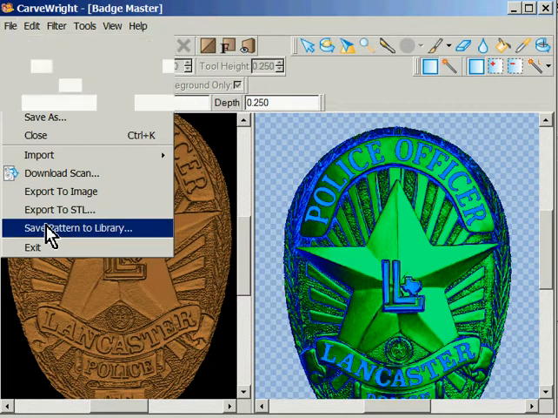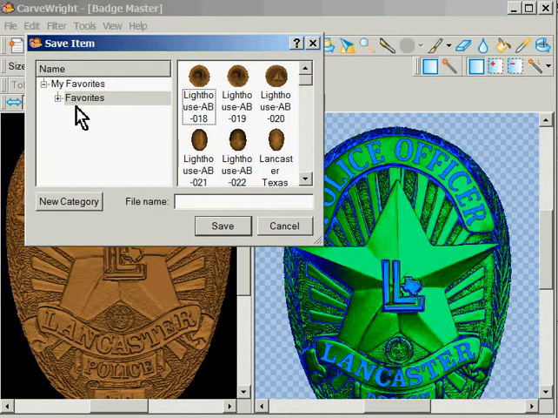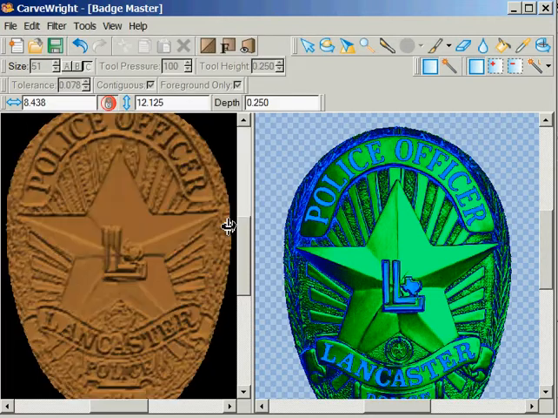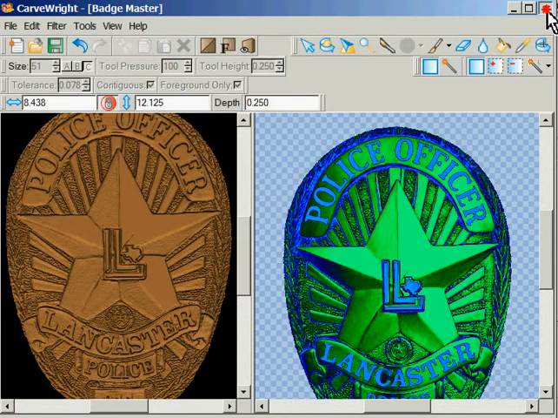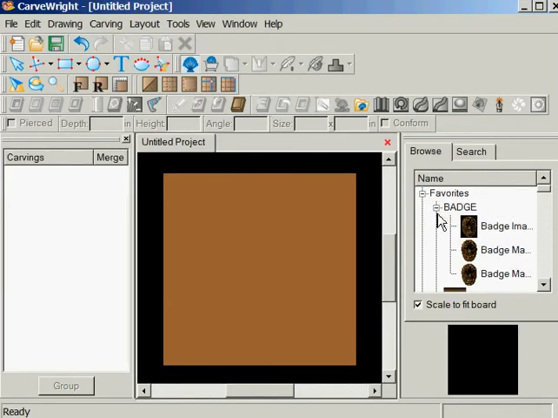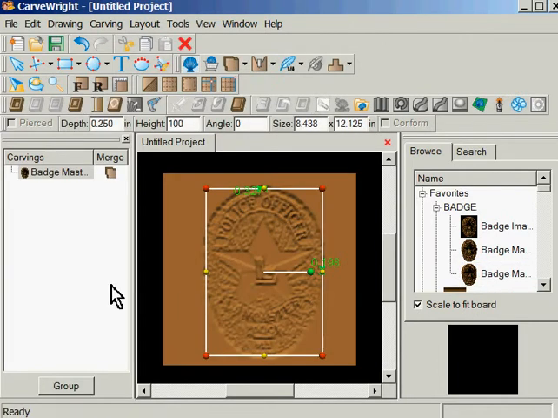Let's see. File, Save Pattern Library, Badge. So Badge Master with an -A, just in case it doesn't work. I can always go back to the other if I make a mistake. Get out of this, come in here to Favorites, Badge, and let's get the Badge Master A, put it on here,